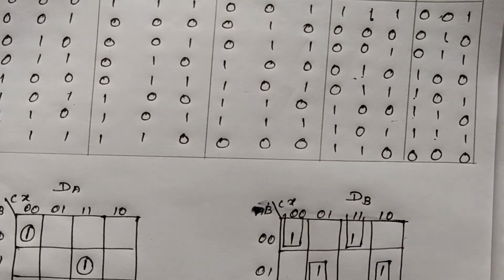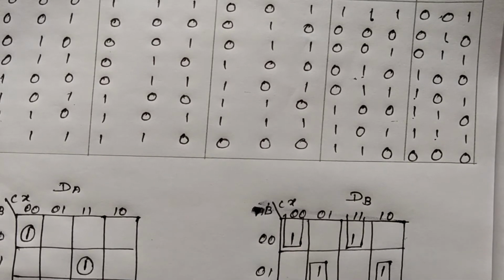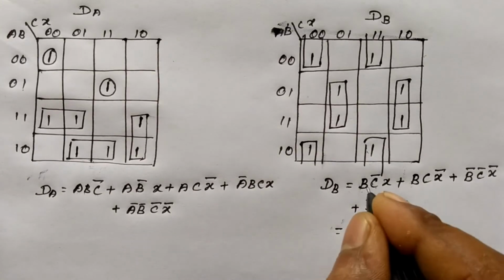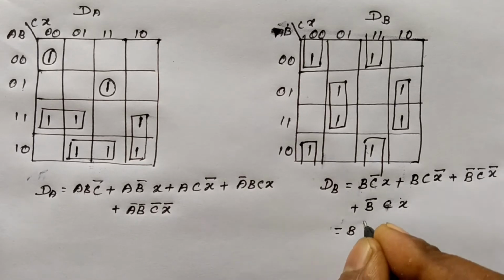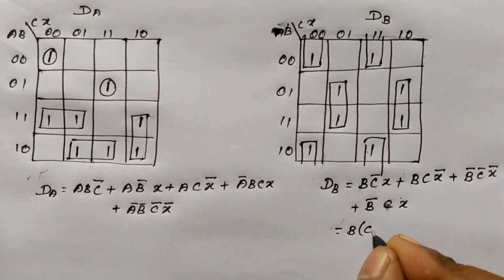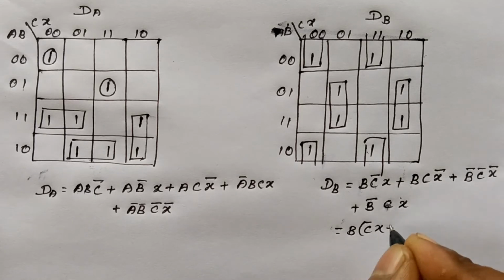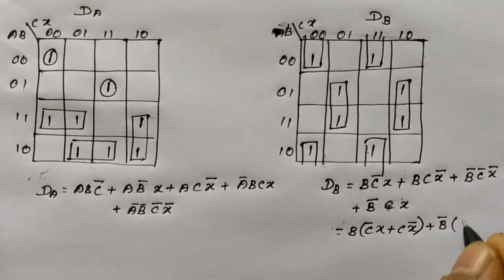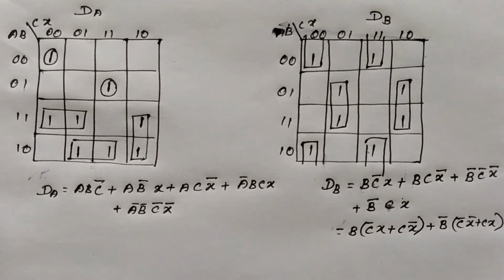here we can make it as a pair, and here the value is B bar, and between these two C X. Okay, so this expression we can simplify it further. So here between these two, if you take B as common outside, which is equivalent to C bar X plus C X bar. Likewise if you take B bar outside, means B bar into C bar X bar plus C X.